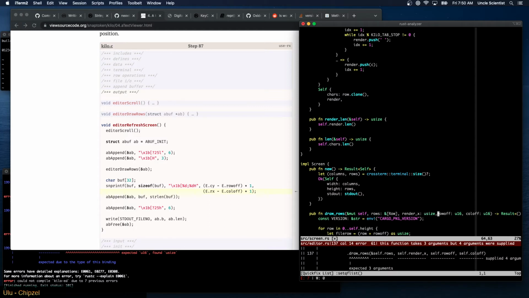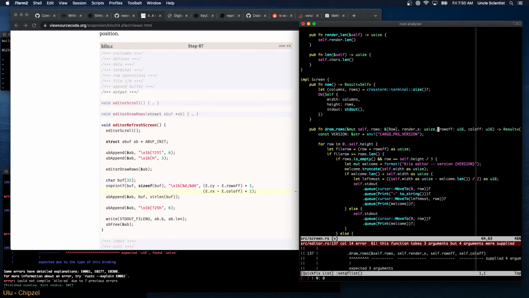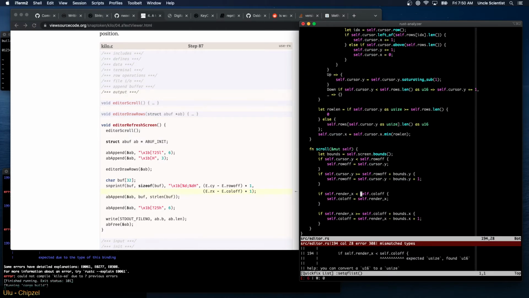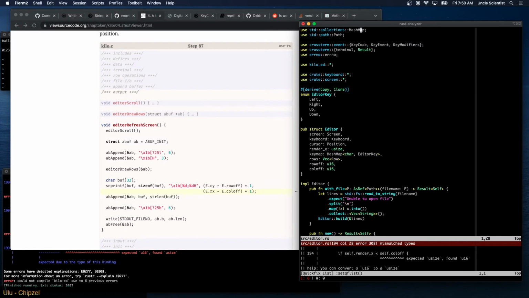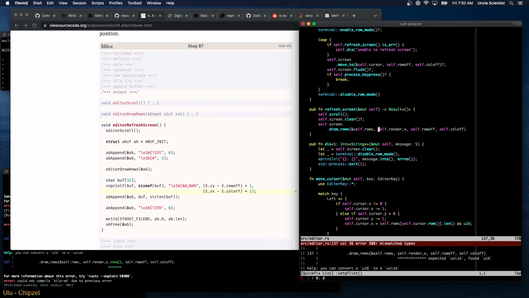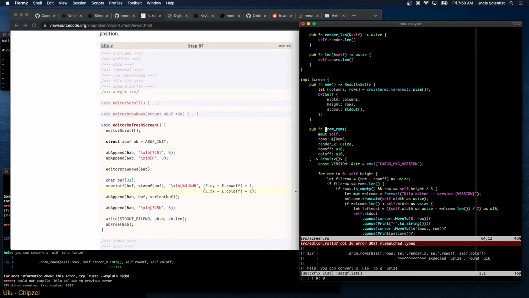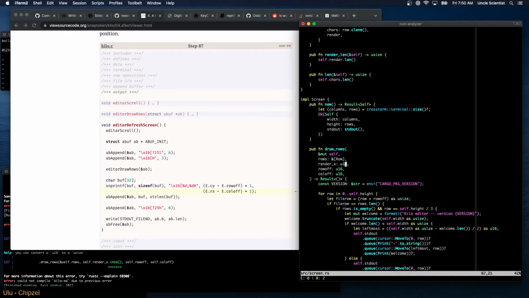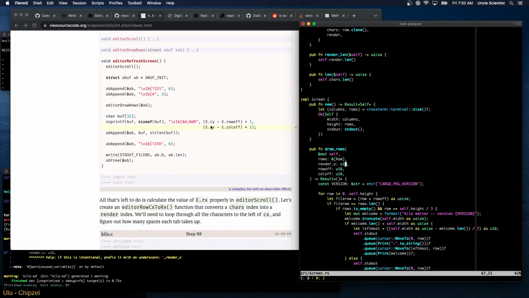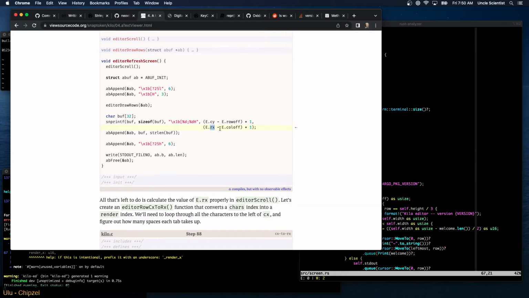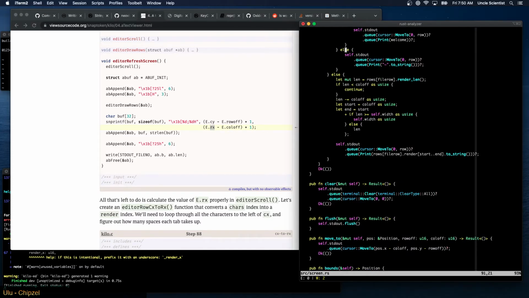Render X usize. And then we'll take in render X. Oh, yeah, now we have this issue here. Maybe make this a U16 to match the others. And then this needs to be U16 over here. And now we're just not using render X yet. So now this is saying we're going to move the cursor to the render X minus the col offset. And that was,